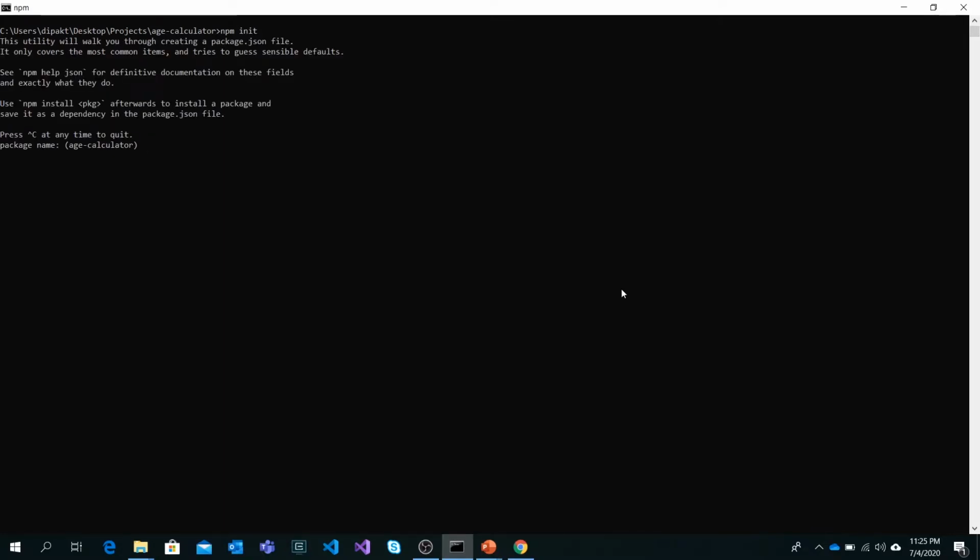Once I execute this command, it's going to ask me the required information. First thing will be the package name for our npm package. If you would like to use the same name as the directory, you can simply press enter and move forward. But I would like to namespace this package under my name, so I can avoid any conflict with the public packages. I can go with the default version.